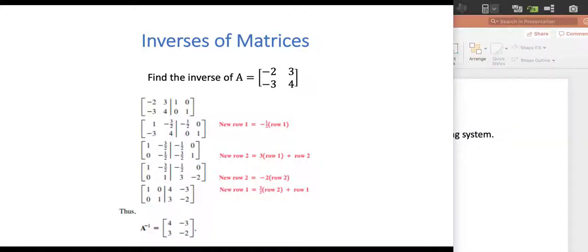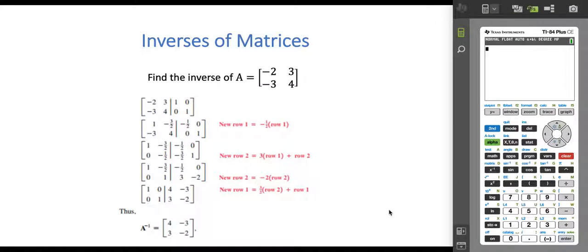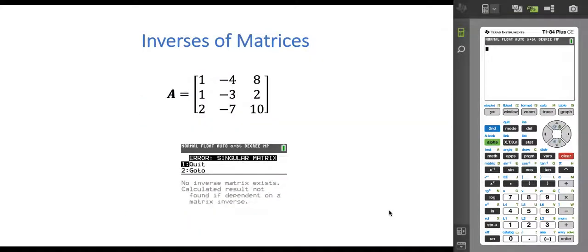Okay, so let's look at another example. Remember I told you that not all matrices have inverses. So here's an example of a matrix that doesn't have an inverse. When you go to find the inverse, you're going to get an error message that says it is a singular matrix. So watch how this happens. If I put this 3 by 3 matrix, matrix A, into my calculator, which I already did here, and I go to find the inverse of the matrix,